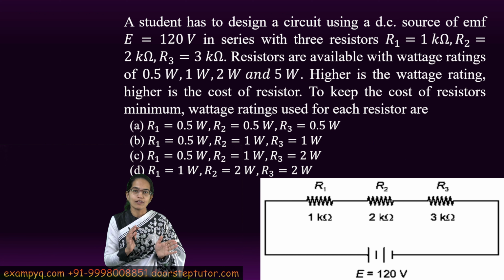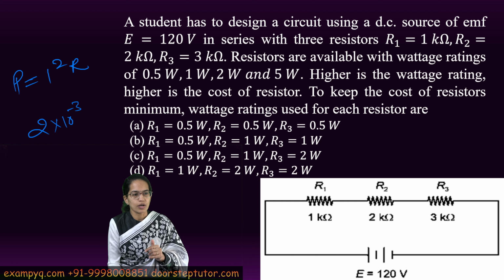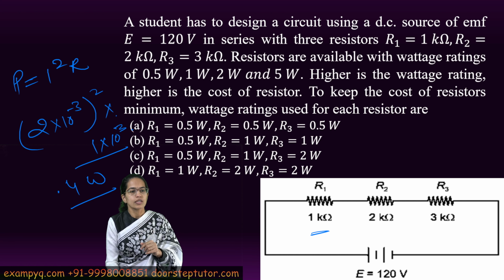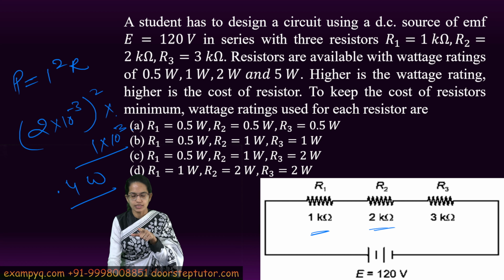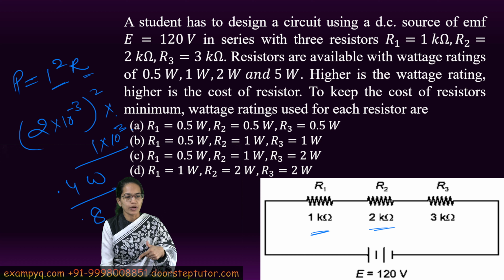Now we have already calculated the equivalent current. What is the power? Power is I square R. So in the first case, it would be 2 into 10 raised to power minus 3 whole square multiplied by R, which is 1 into 10 raised to power 3. We solve this and we get 0.4 watt. Now for the second resistance, we would have 2. So the I square remains the same. R is 2 into 10 raised to power 3. So this would become 0.8, and 1.2 watt for resistance 1, resistance 2 and resistance 3. Right? These are the respective power ratings.